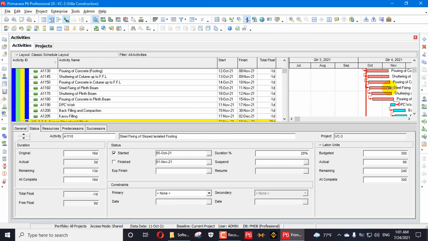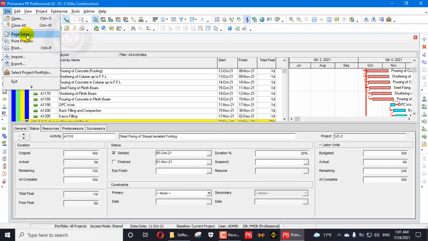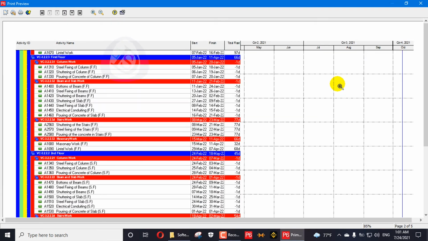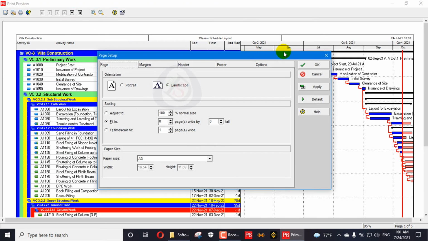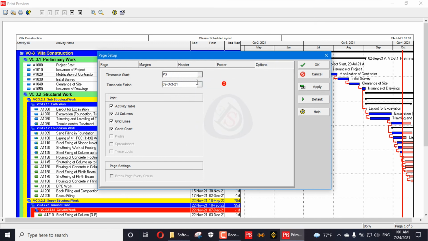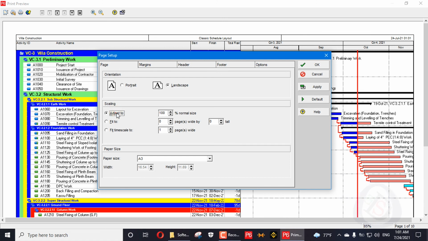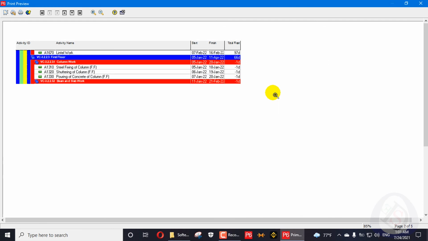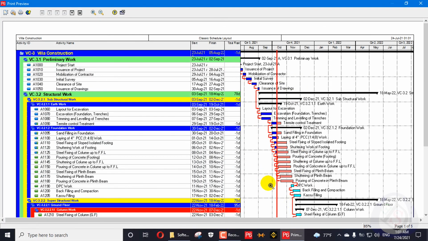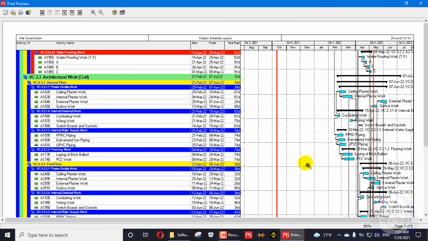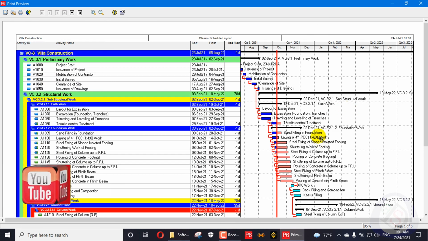So that's it's today's our content. So how to show or how to highlight our activities in the bar option to represent to our client. So you can see here print preview. It's easily seen here in the print preview. So there is something problem. We can go here and fix that one issue. So you can see here there is also issue. You can see my print page print layout settings, how to create that setting. So this you can see here all the bars which are in look ahead are different color and the other colors are different. So this is our today's content.